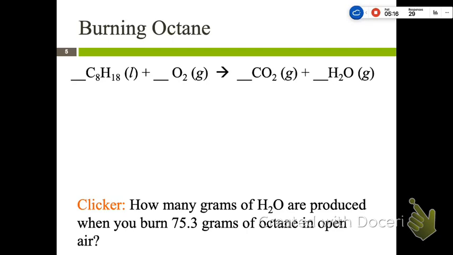Shelby. So just focus on the units. So we'll start with, we have grams of octane. And then what do we need to get to? Hold up. Let's do the two bookends first. So we start with grams of octane, and we're trying to get to grams of H2O. And what intermediary steps do we need in order to get there?